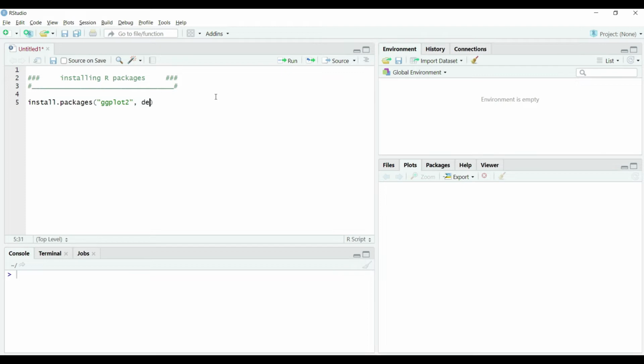The other argument, although not compulsory, but which in my personal opinion you should use, is dependencies, and set its value to TRUE as shown on the screen. In the word TRUE, the letter T should be typed as a capital letter, otherwise the execution of the code will throw errors, because R is case sensitive and TRUE is a reserved value within R. By supplying the second argument with the value TRUE, we are asking R to install the given package and also all of its dependencies.